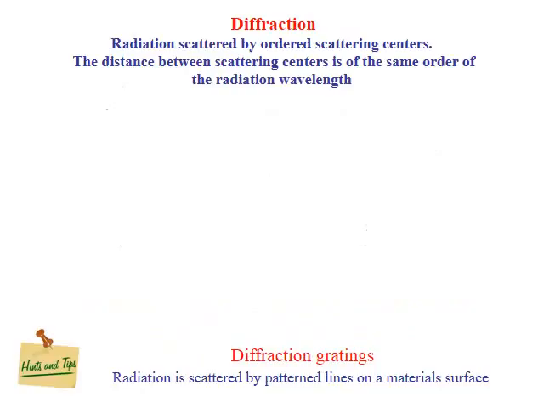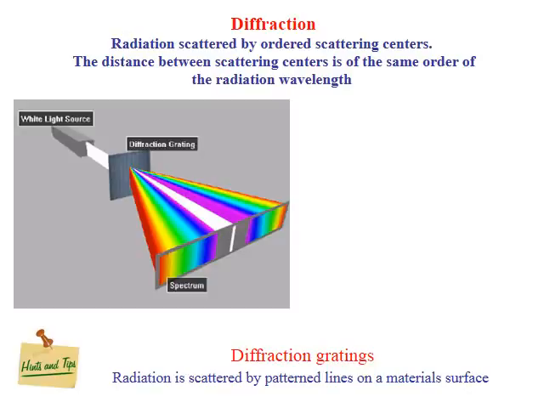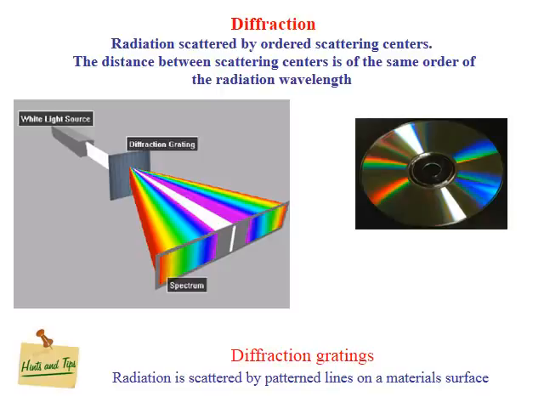We will mention diffraction techniques many times in this course. The images in this slide show diffraction of visible light by diffraction gratings, a transmission diffraction grating at left and a reflection diffraction grating at right. It is in fact a commercial CD. The channel structure of a commercial CD diffracts visible light obeying Bragg's law, since the channel widths are of the same order as the visible light wavelength. This link is for a short YouTube movie showing how a CD